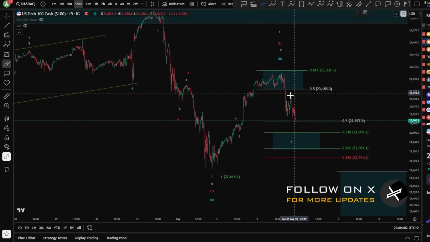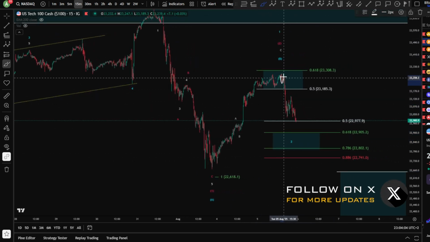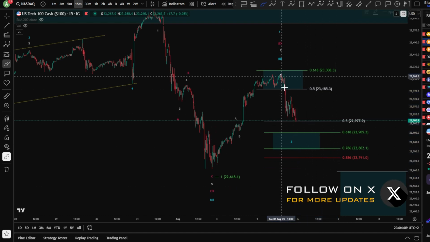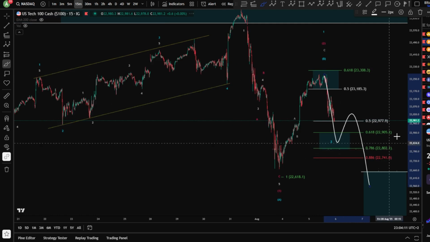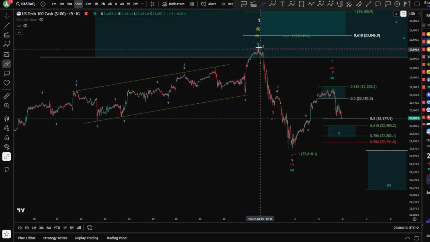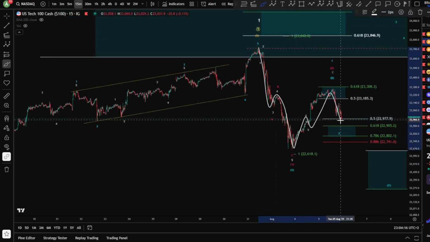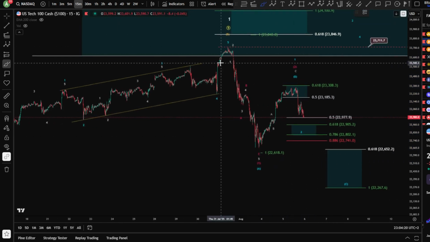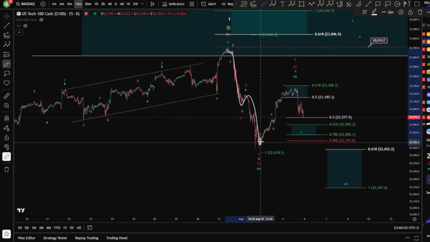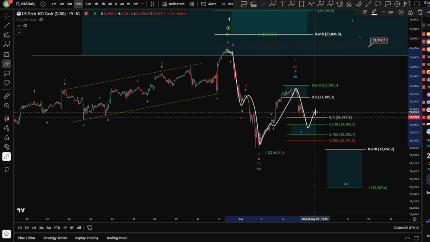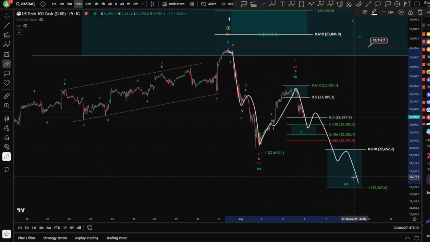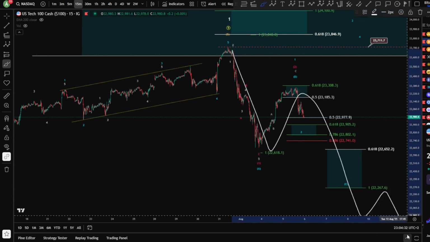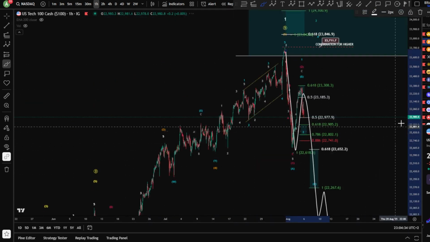But guess what? We are impulsive. If we are impulsive here, of course, that means we are at a minimum in a zigzag toward the downside, meaning ABC might unfold, in case we are in a W, X and a Y here, as 3 waves down, 3 waves up, 3 waves down again. But I doubt it, guys. I see here a zigzag unfolding as a potential 1, 2, 3, 4, 5, and A, B, and a C, and of course 1, 2, 3, 4, 5 toward the downside still to be unfolding. Can be a big wave 1, 2, 3, 4, and a 5, of course,